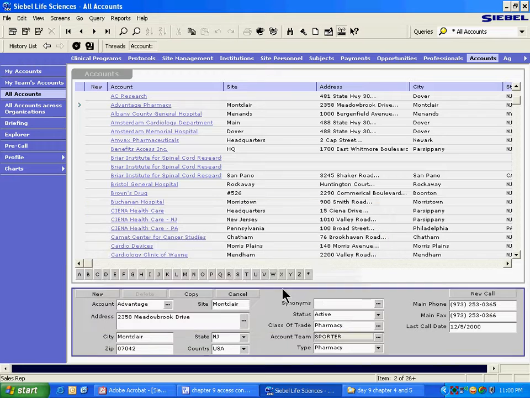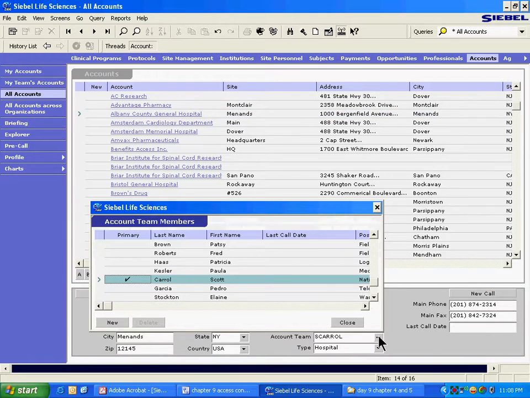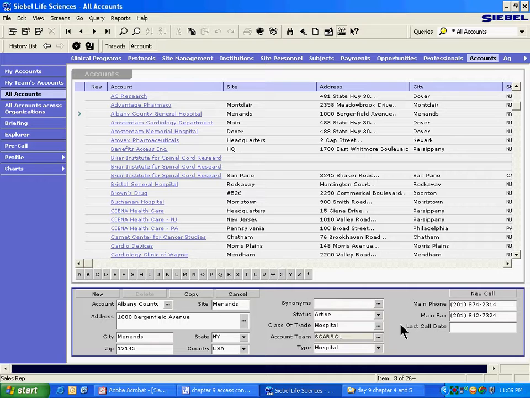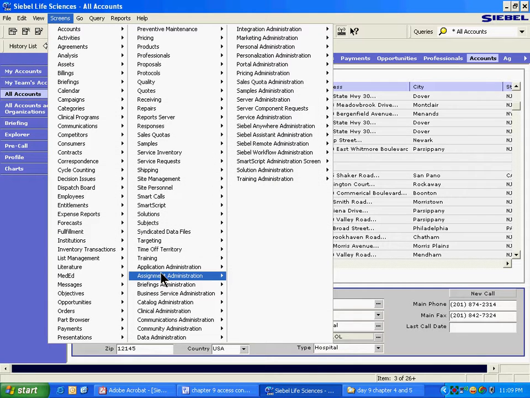So for every account we have positions. But for master data we don't have positions for every record. For example, let's do screens.